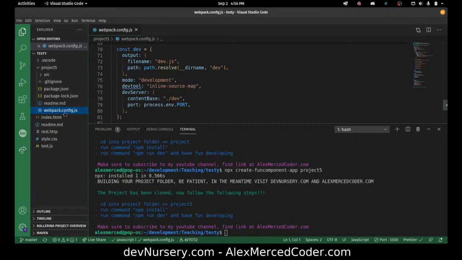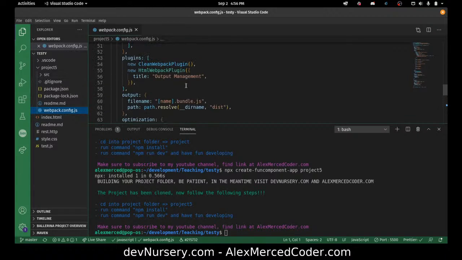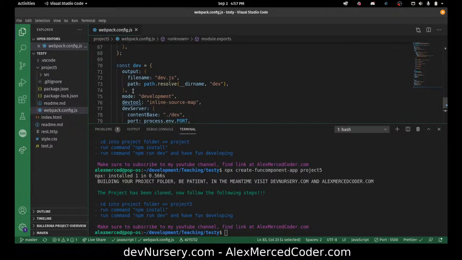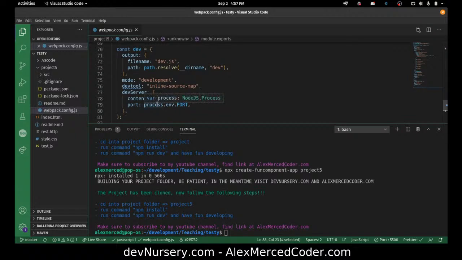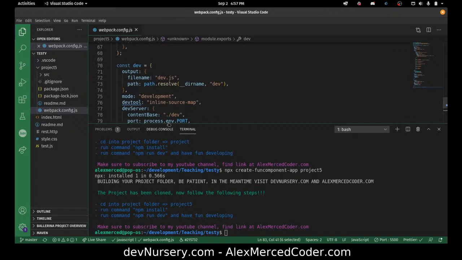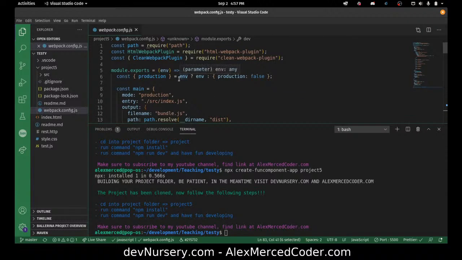When you're in development, it'll output to a dev folder, and when you're in production, it'll output to a dist folder, but you can easily change that if you wanted to. It'll pick up on whether it's production. So basically, if you did the build, which is production, it'll just use the main object, so those dev settings won't be part of it. But if you are running in dev mode, which means production is not true, then it'll mix both objects and run in dev mode. So I was pretty happy with that setup,